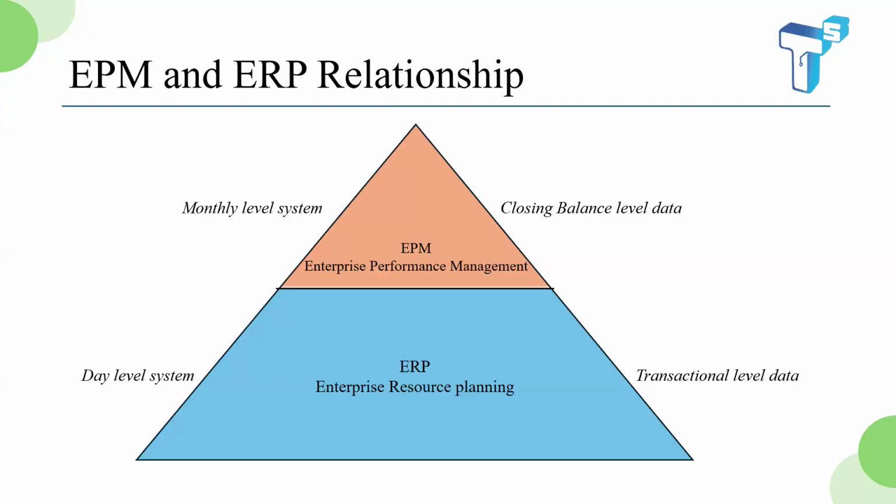For precise planning and budgeting, a monthly level system comes into the picture. If 1 lakh is my sales from selling the products, then what will be the scenario if I increase my rate on each bottle by 10%? If they want to do these kinds of scenarios, they do not need transaction level or invoice level data. They need how much revenue they got and how much expense they got in that entire month. For that scenario, we have EPM, which is a monthly level system.